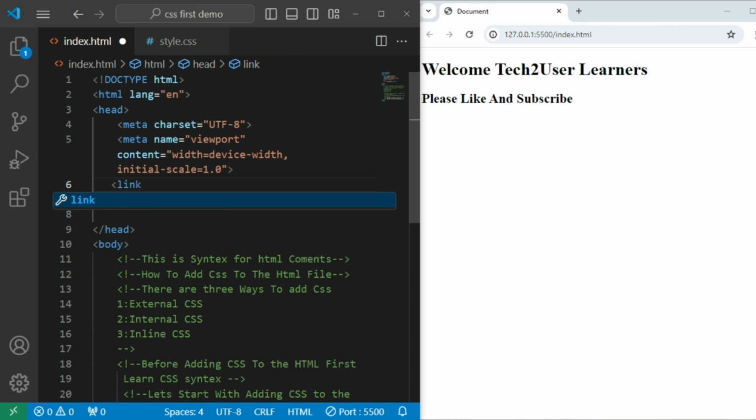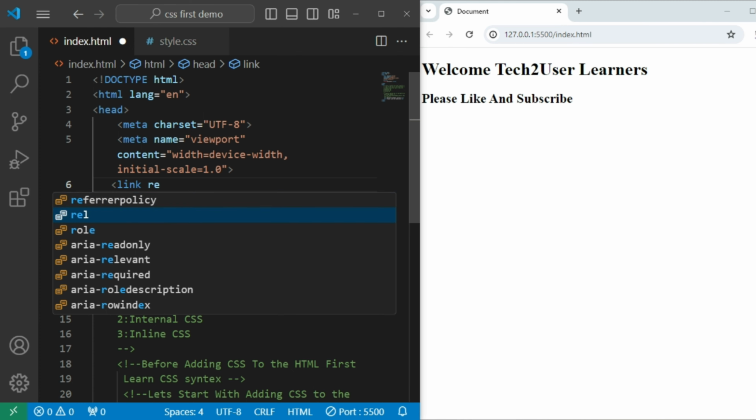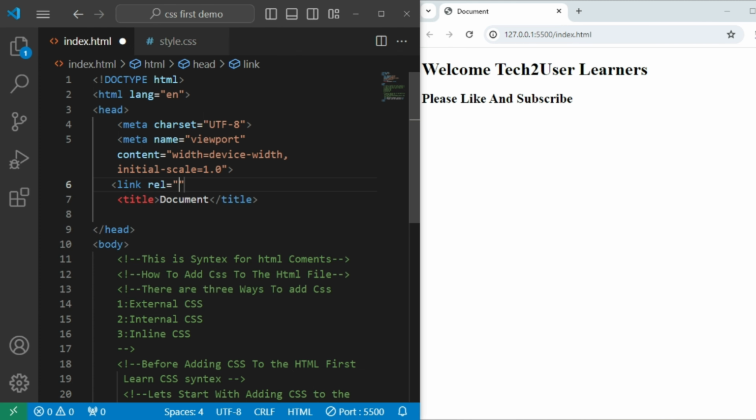There is a tag for link, and the attribute is rel. In the rel, we should write stylesheet, and the href is the path where the external style sheet is stored.